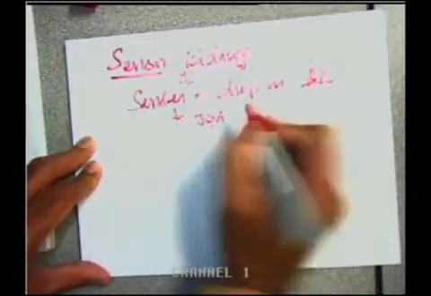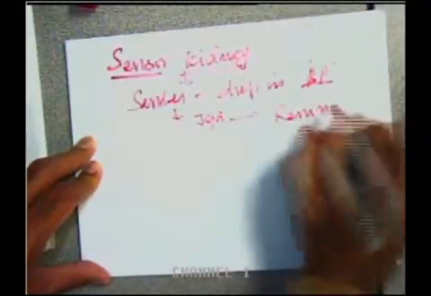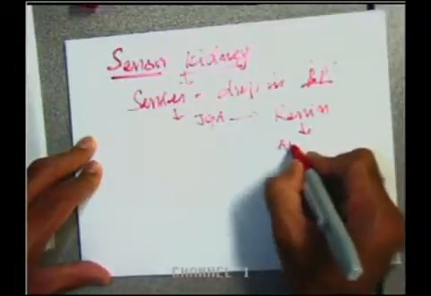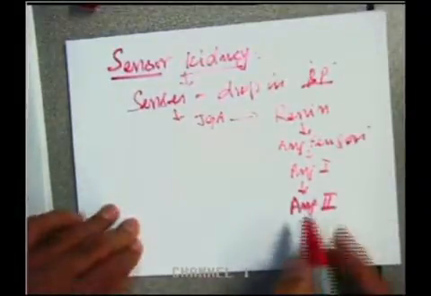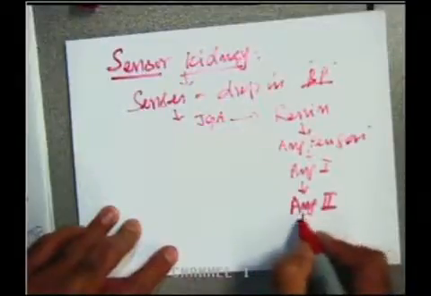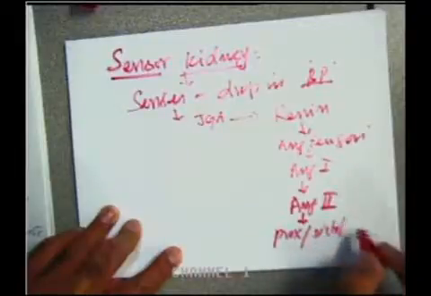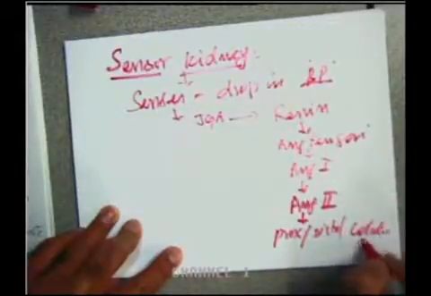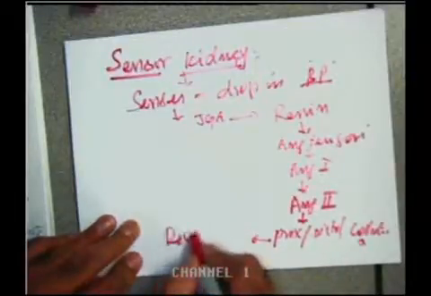And then it initiates the JGA, and the JGA releases renin, and the renin acts on angiotensinogen, and then Ang1, and then it's modified to Ang2, and then the Ang2 will act on the proximal tubules, right? Proximal, distal, and collecting duct, and all these processes